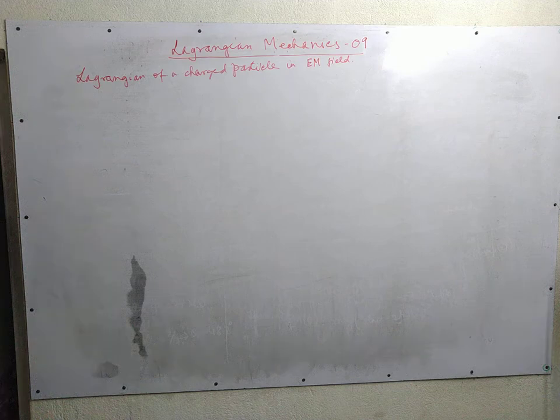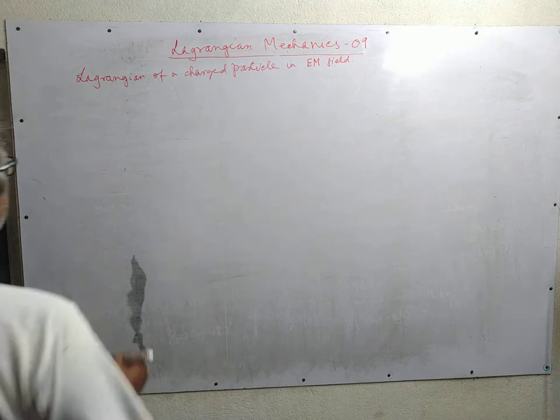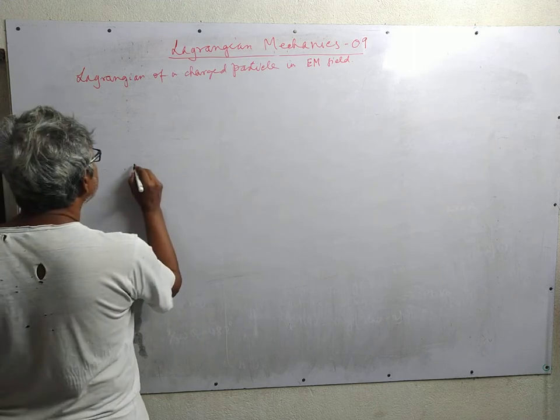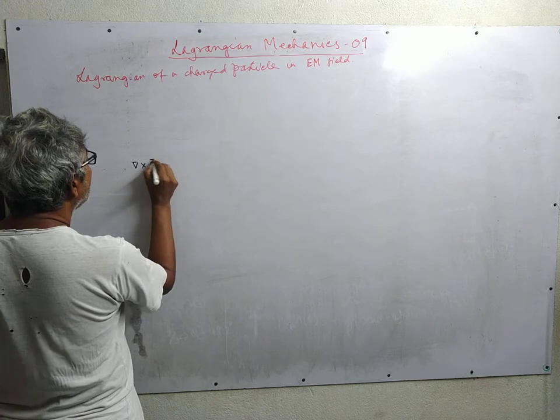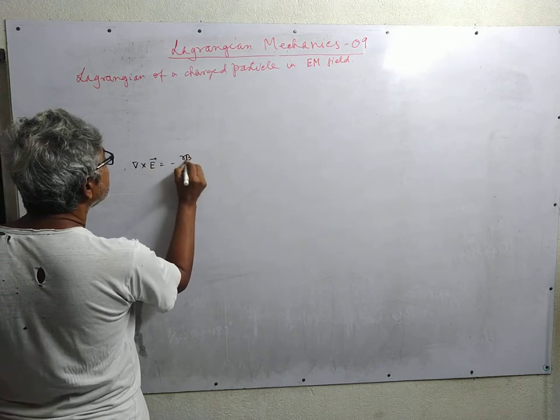In the next few classes, we shall consider the Lagrangian of a few very special systems. For example, today we shall consider the Lagrangian of a charged particle when subjected to an electromagnetic field. The electromagnetic field is characterized by the equation that curl of E is equal to minus ∂B/∂t,